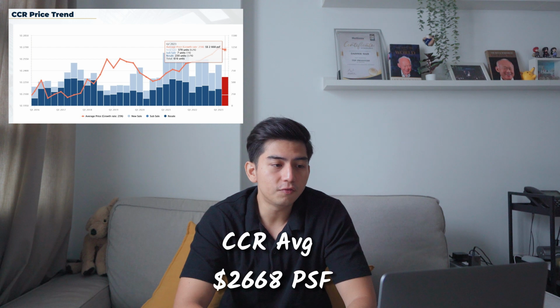So at 2425, and considering we are very near to city fringe, I think about 24 would be a very attractive entry price for Grand Dunman. As of now, there's no official pricing out yet. We can only estimate based on land price or what we hear from the developer during the soft launch, preview launch. So Grand Dunman, if it is going at 2450 to 2650 per square foot,